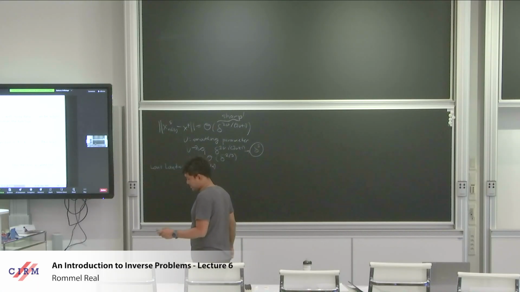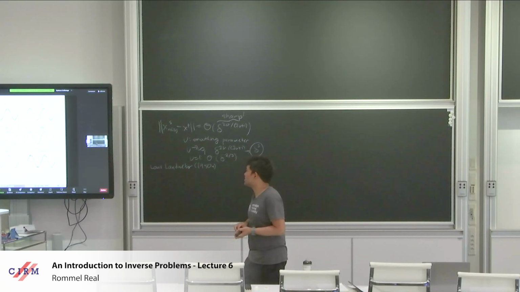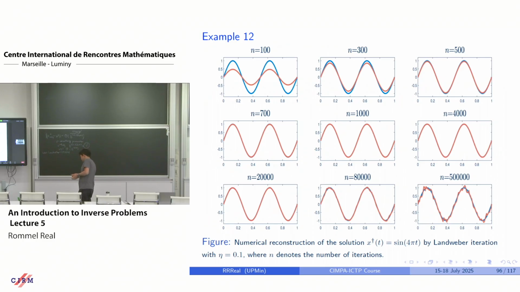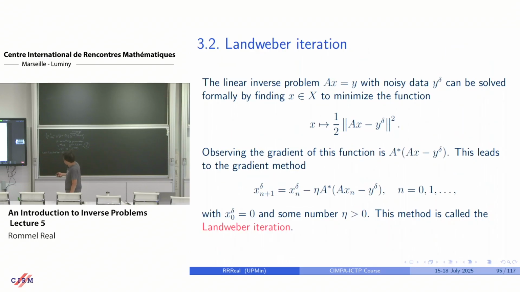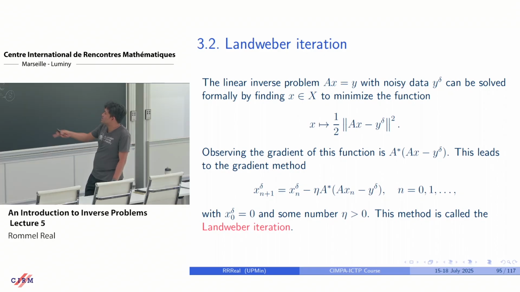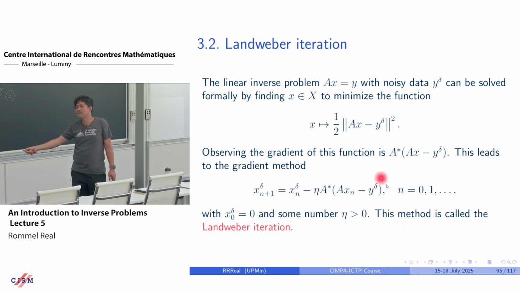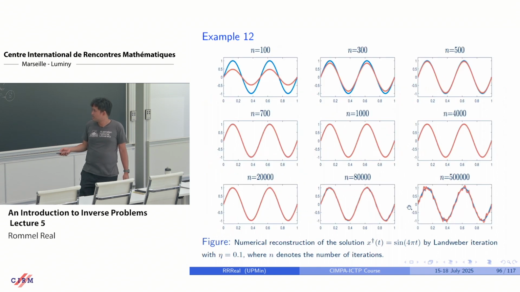To illustrate this method numerically, here are some numerical examples. As you can see, it's easy to implement this numerical scheme if you have the operator A in our discretization. That means you have a matrix A, and then you have the noisy data y delta, so it's easy to implement this one. Also you notice that in this example, same as in the previous examples that we used for Tikhonov regularization,